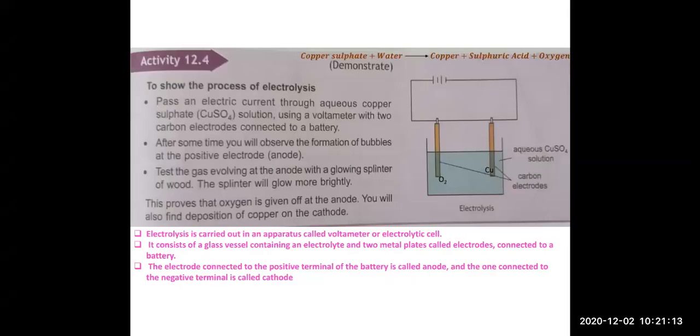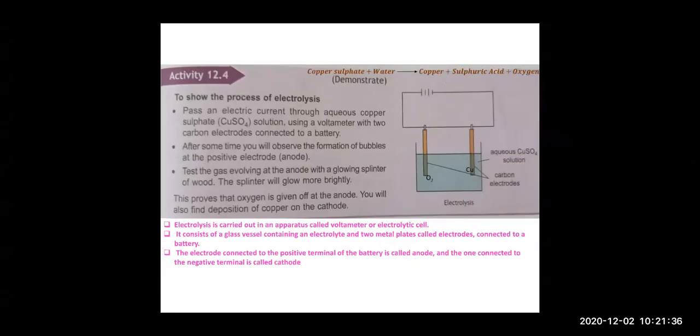So good morning children. This is 8th Science chapter 12, Chemical Effects of Current. This is your activity 12.4 on page number 201. In this activity we are going to understand the process of electrolysis, right? So what we are going to do in the steps, you can see that we are going to take the